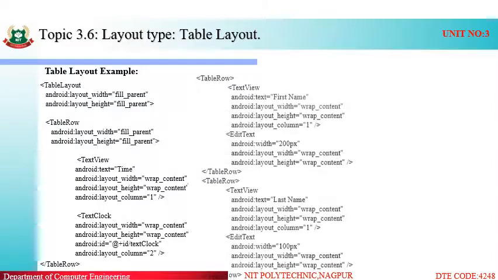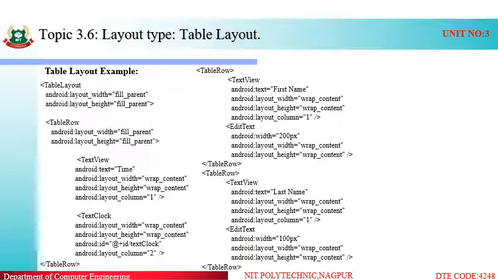First row is completed. Now coming to the second row, similar coding tags are given. Table row, then a text view and an edit text we have taken. Here we can see every component or view inside the table layout is given layout height and width.